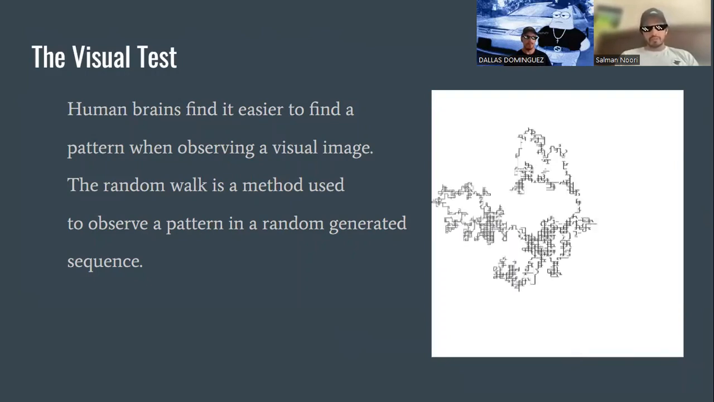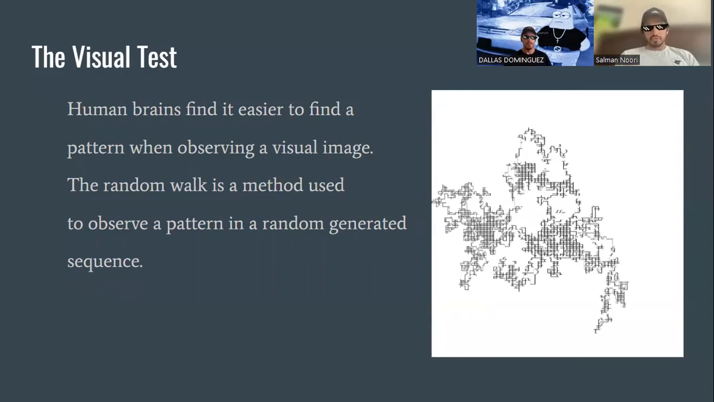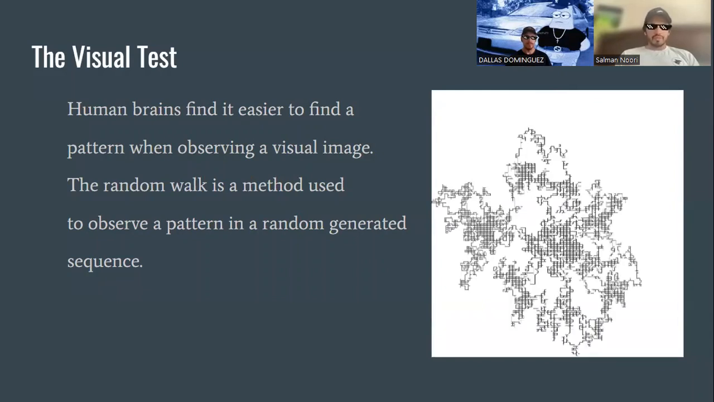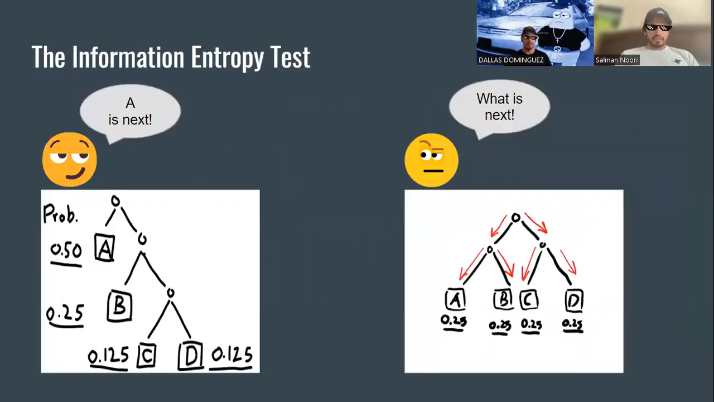If there's a pattern, that means we can predict these numbers and they're not truly random. Otherwise, they're truly random. Another method, used in the next slide, is the information entropy test, which tests the probability of the next outcome. As we see in the left image, if the next outcome has a higher probability than other values, that means the generated number is not truly random,